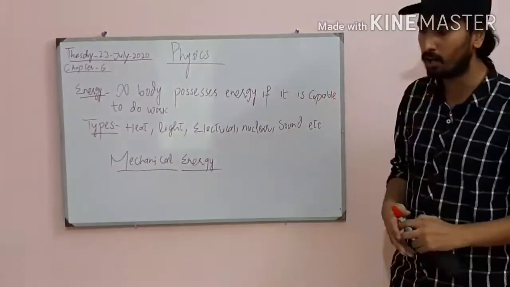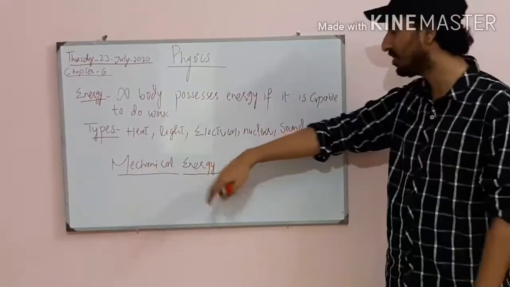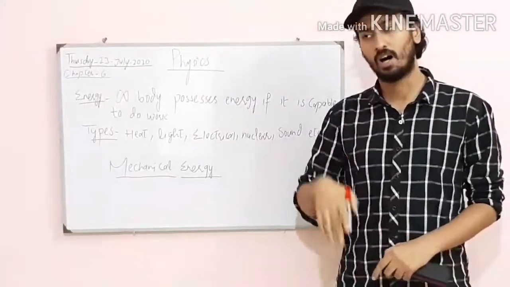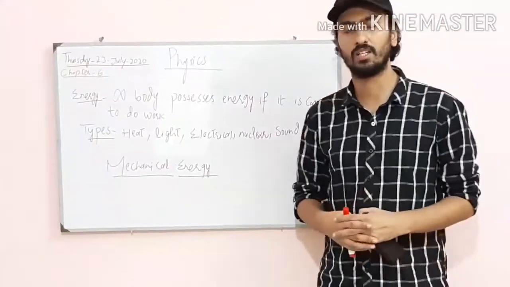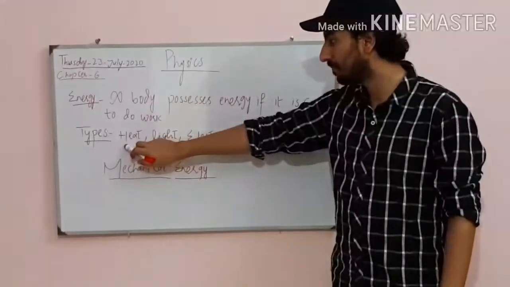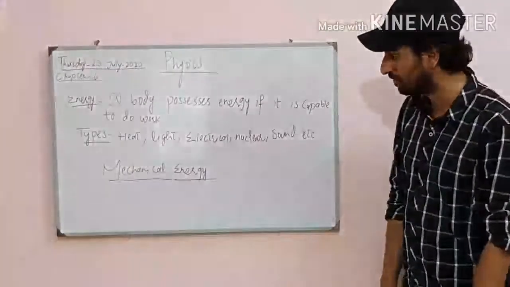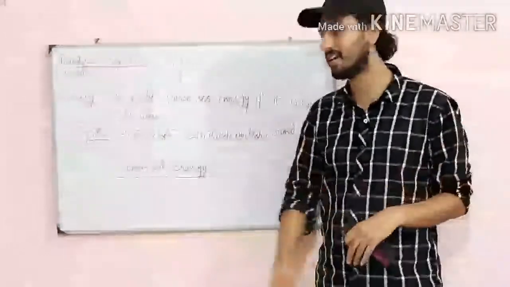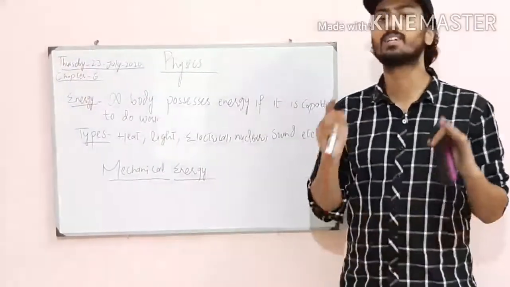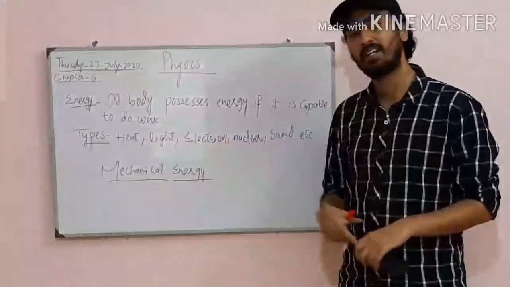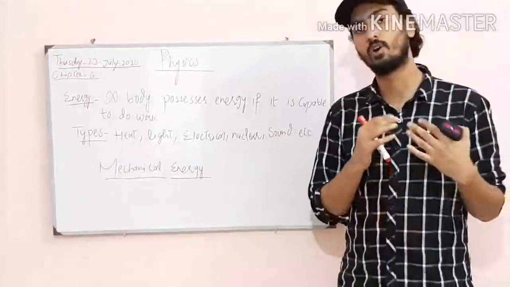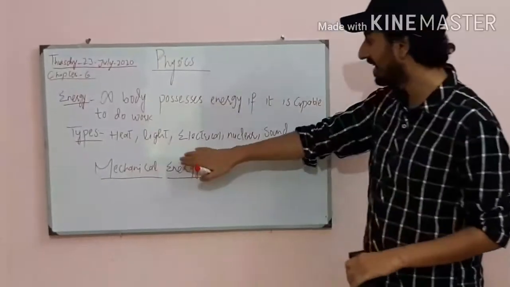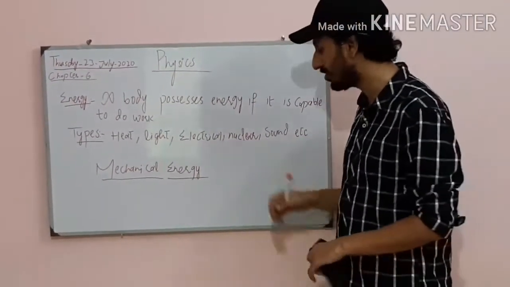Now there are a lot of types of energy. We know heat energy and light energy. From heat energy, we are able to run automobile engines. A lot of engines used in the engineering field use heat energy to perform. Also, light energy is required. Our whole life is dependent on light energy. How? Plants can't perform photosynthesis without light. If plants can't perform photosynthesis, they will not be able to produce oxygen, which is very necessary for life. Similarly, there are electrical energy, nuclear energy, and sound energy.